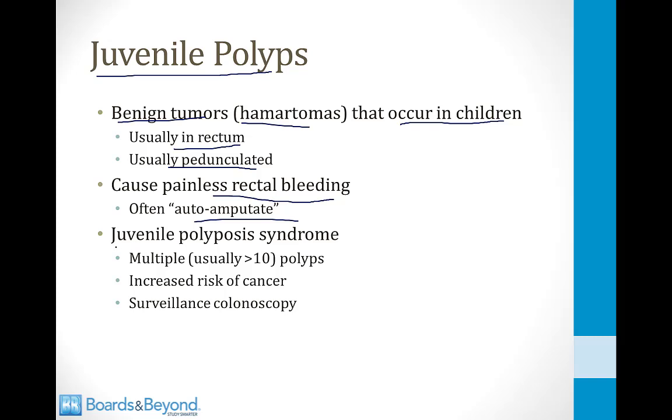There is a rare syndrome called the juvenile polyposis syndrome where children develop more than 10 of these polyps. Usually it is an isolated solitary polyp, but a child with more than 10 may have the juvenile polyposis syndrome. And what's important to know about this syndrome is that although hamartomas are usually considered benign, children with the juvenile polyposis syndrome have an increased risk of cancer,